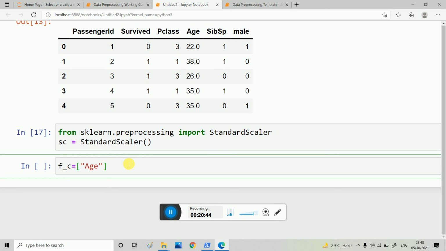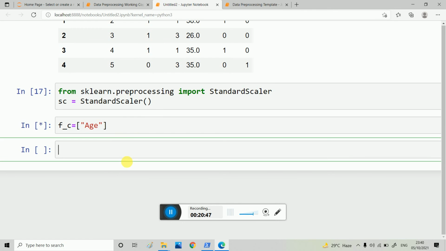So we write the age. Then df of feature_scale, fc, we write the fc. Here we call sc.fit_transform of df of feature_scale.